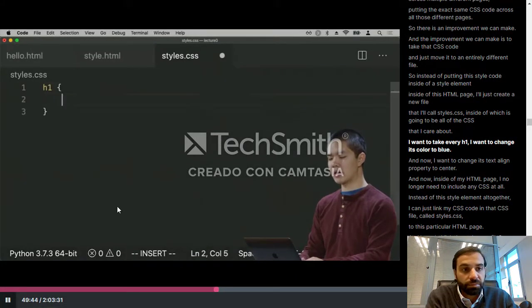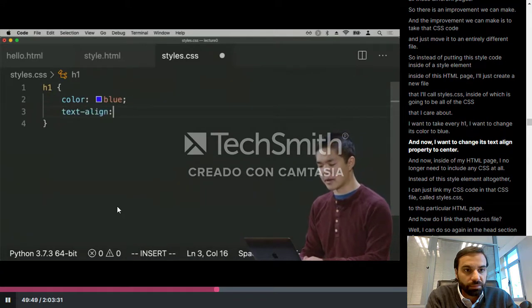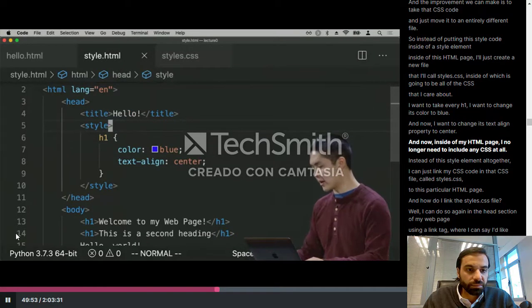I want to take every H1, I want to change its color to blue, and now I want to change its text align property to center. And now, inside of my HTML page, I know